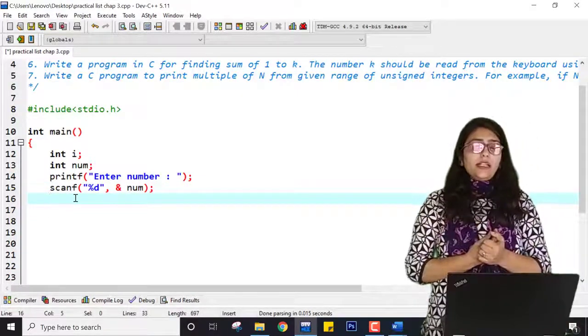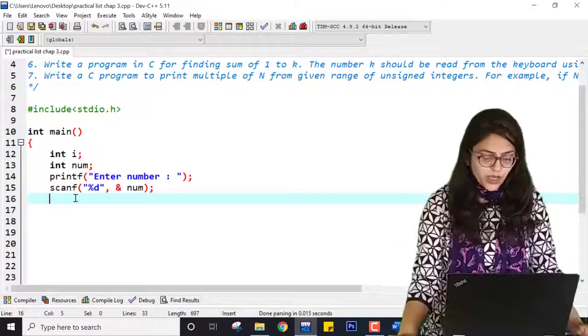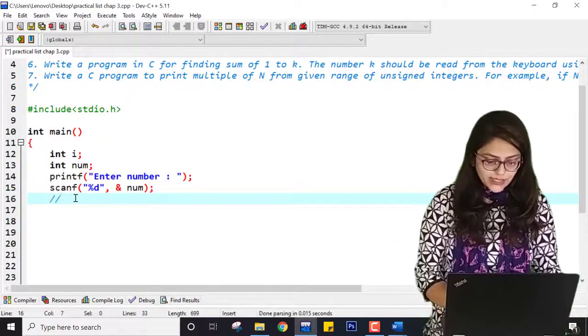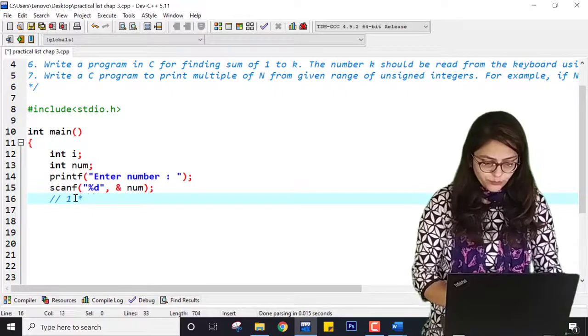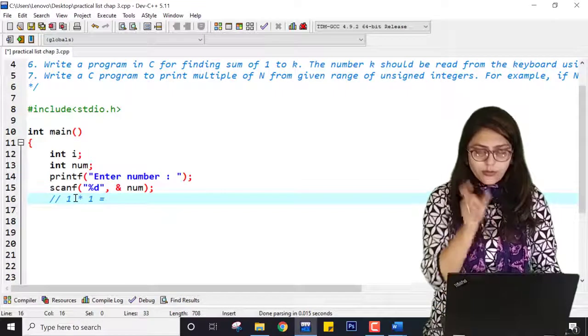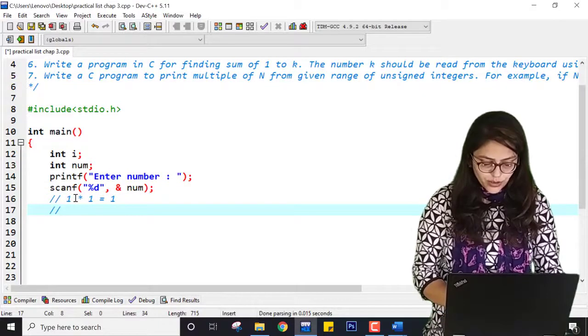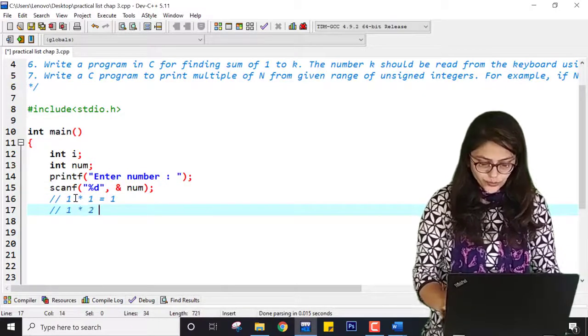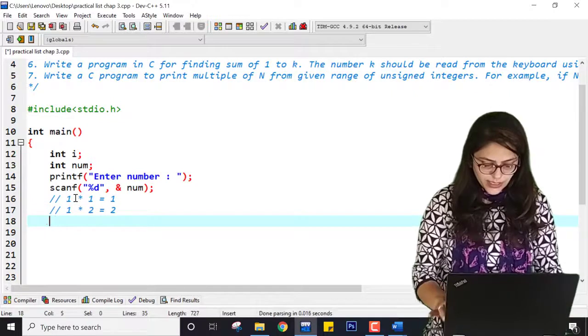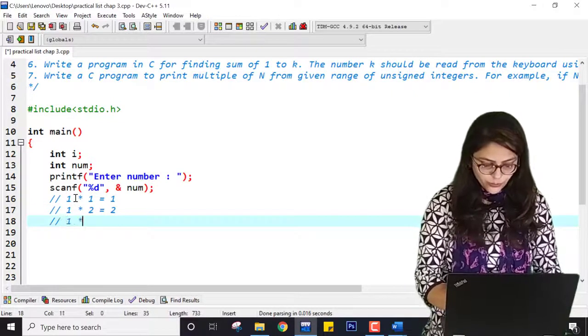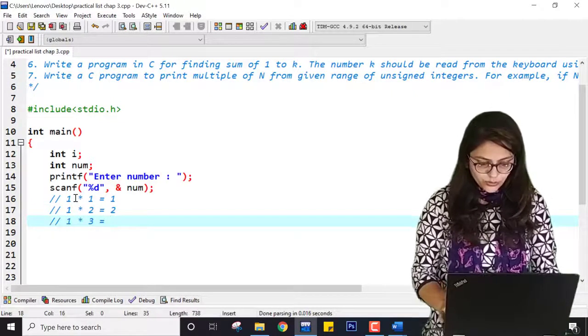Now how exactly is multiplication being done? If I show you, it is like say 1 into 1 equal to multiplication of this, then 1 into 2 equal to multiplication of this, and similarly 1 into 3 equal to 3.